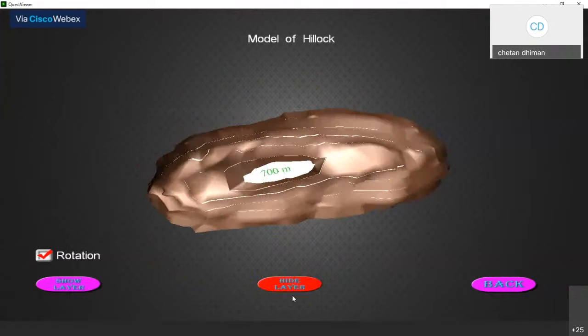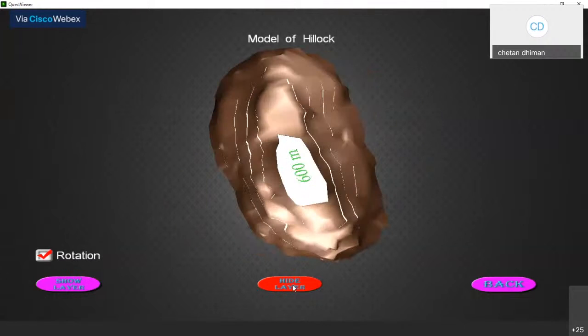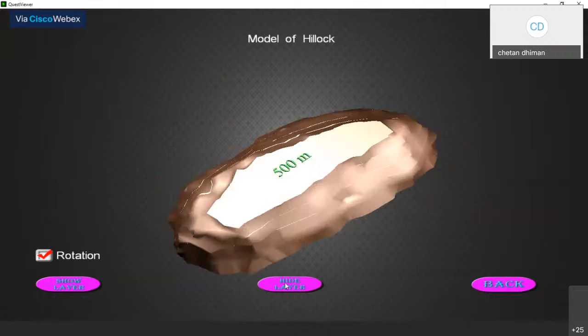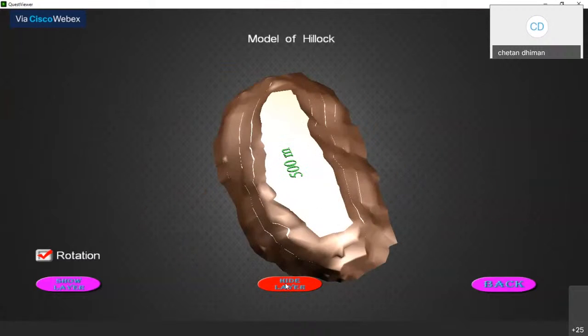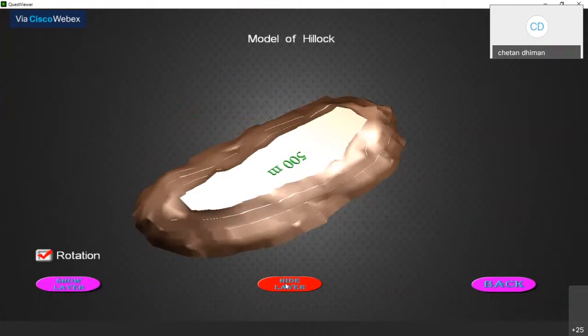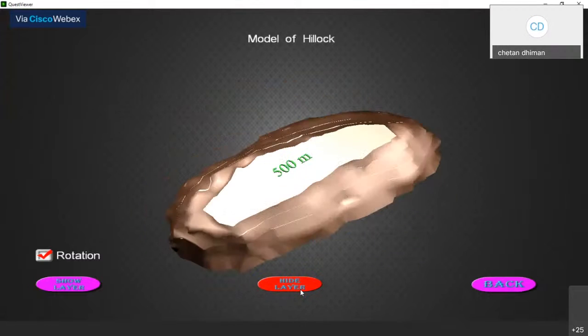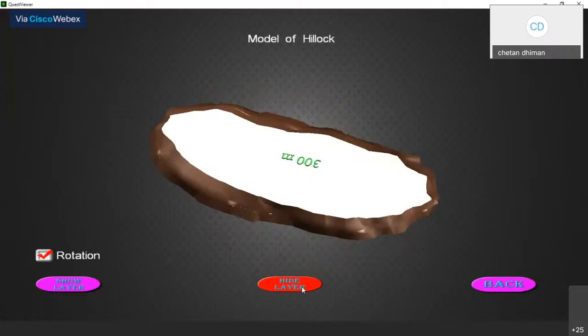So when I click on hide layer, I will get the different elevations and the different contour lines.